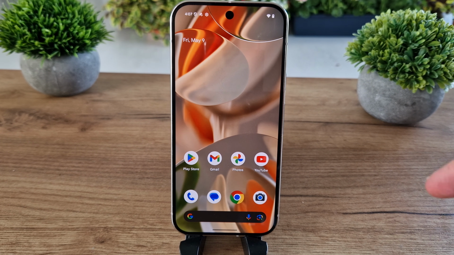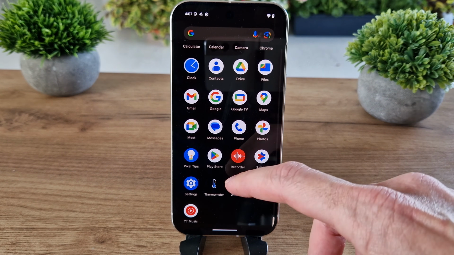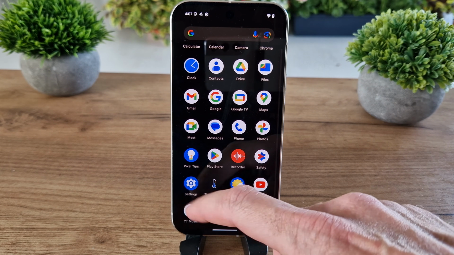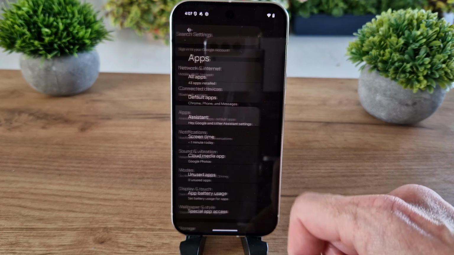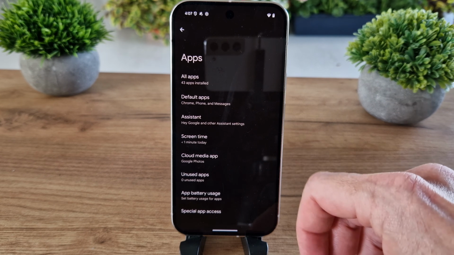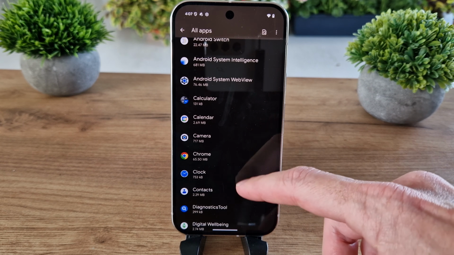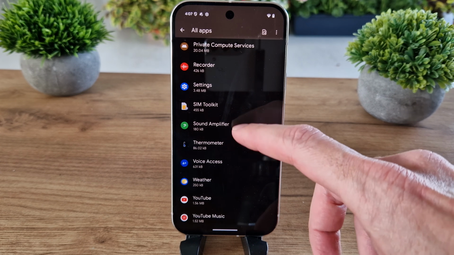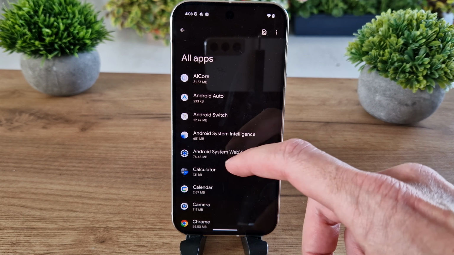We're going to show you how to check all applications in your Google Pixel 9 Pro. So to begin, slide up, scroll down and go to Settings. Then scroll down and go to Apps here. And as you see on the Apps page, we have All apps. So click on it. And from here, you can see every single application which is installed on your phone, and